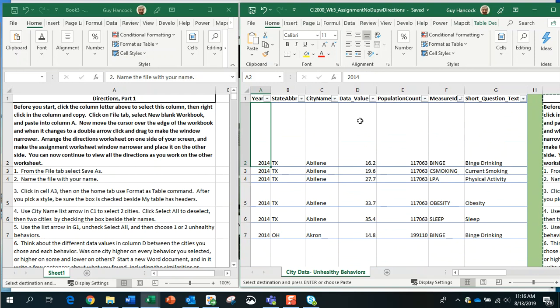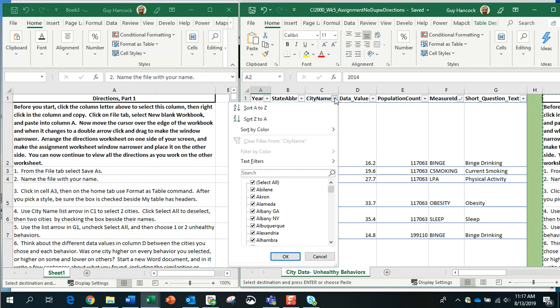So I've made the table for you here, and the next thing you're going to want to do is to select 2 cities that you'd like to compare. So these are your choice between any of the 500 cities that are in the data. So I'm going to click on the list arrow to go over the city list here. I'm going to click Select All to unselect, and then scroll through here and just pick 2